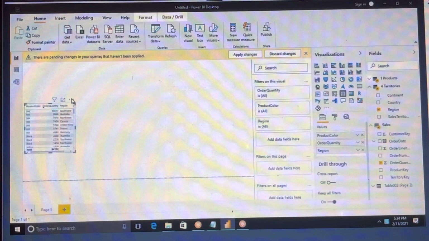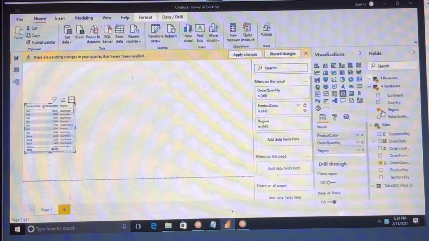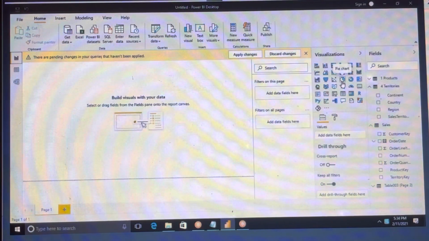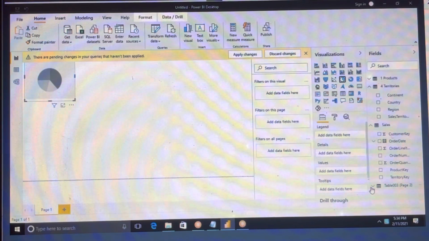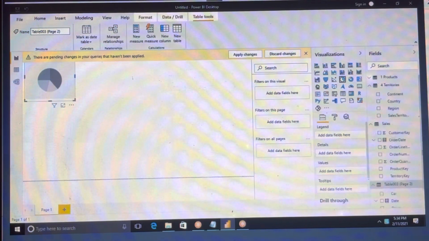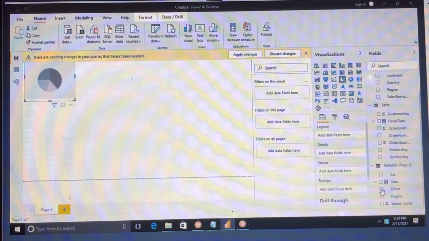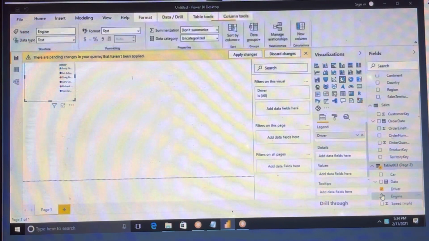Now you can see the data, table 3. For example, you can take whatever visualization you want. Suppose you take a pie chart. Where is this data? Driver and speed.